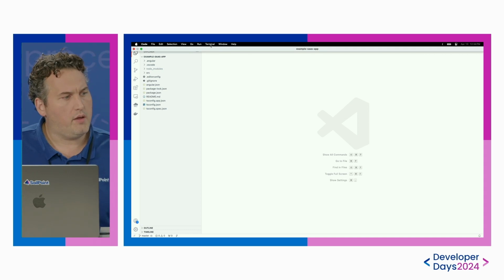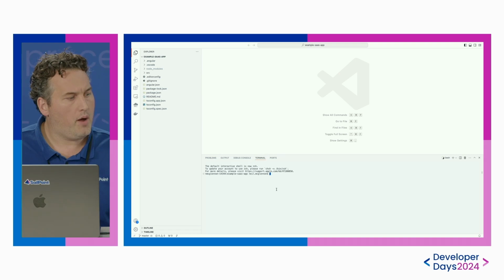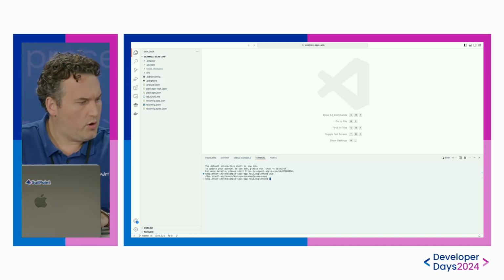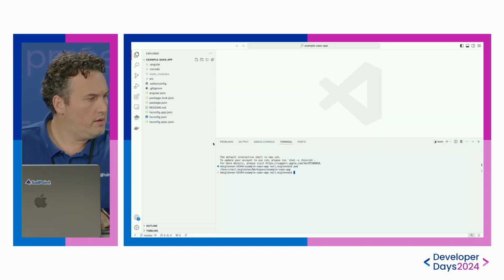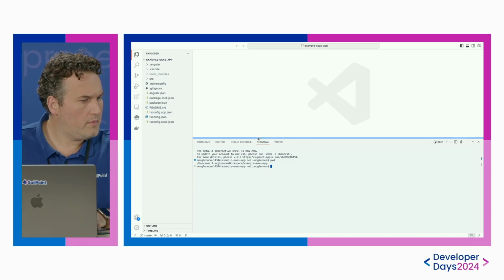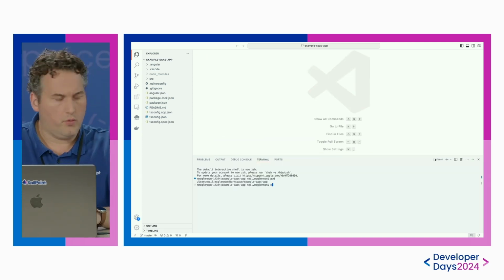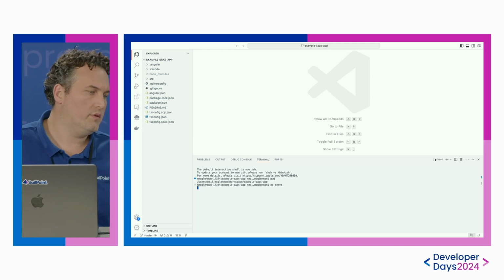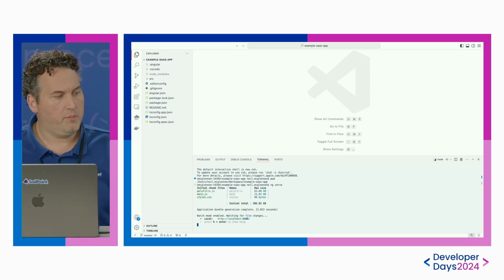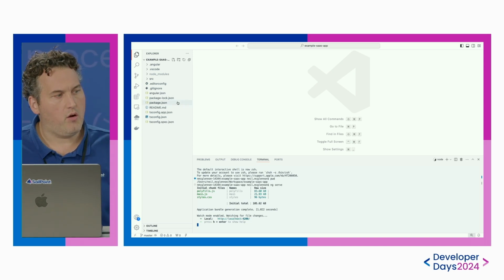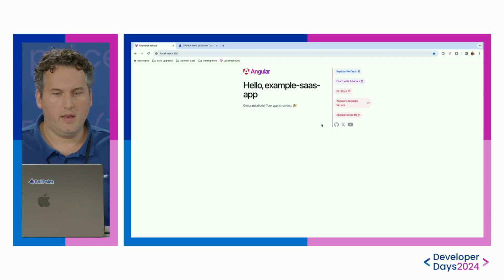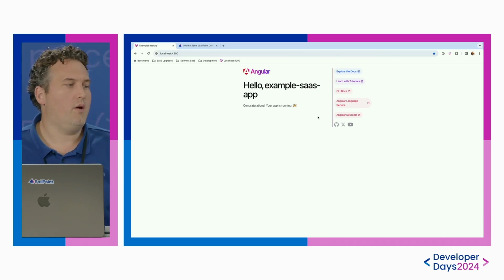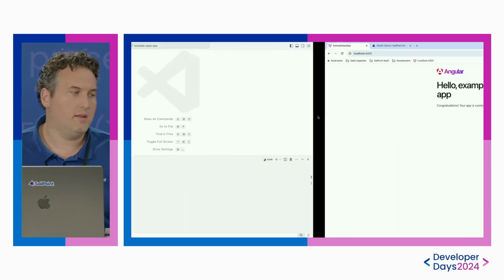Now, one of the interesting things about VS Code is there's also a terminal built in. So you can say new terminal, and up in the bottom pops a terminal. And so notice that you can say, where are you? Same commands. Let me see if I can make this a little bit bigger for you guys. Here we go. And so in here, you can also run the same commands. So like if we said ng serve, and we're just going to build the same thing again. And so now it's running, but it's running inside our VS Code app. And so if we go back here, we should see that this is running. Okay, so now we just did the same thing that we did in that command line, but now we have